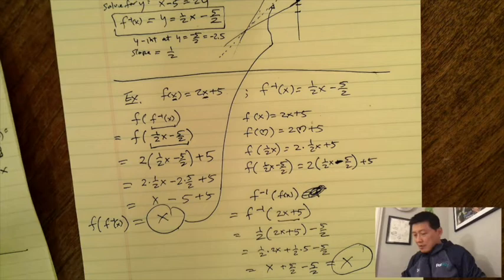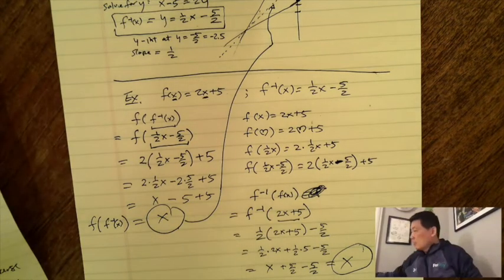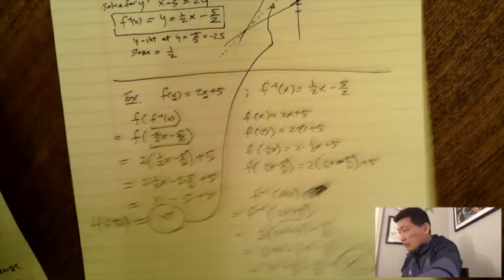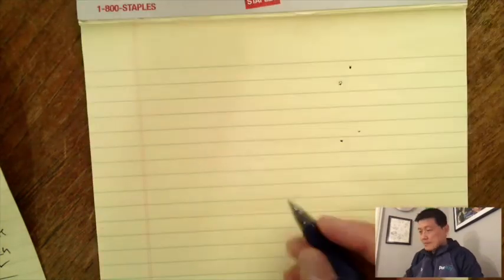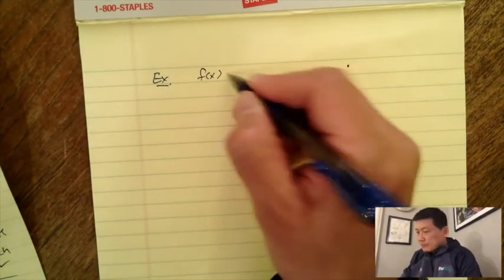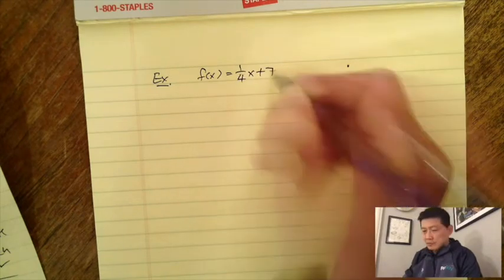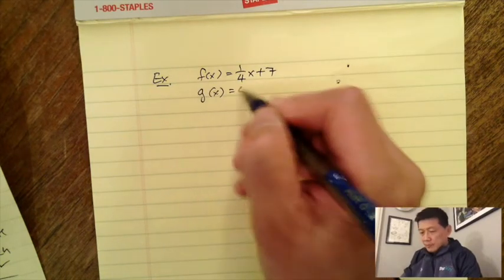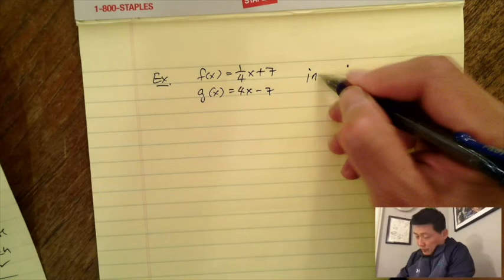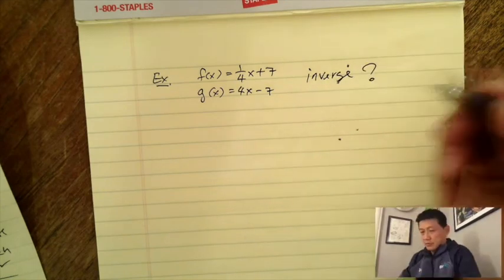That is a fascinating part of this property. So let's take advantage of the property and see what we can do with this. So in this case, for example, if f of x is equal to 1/4 x plus 7 and g of x is equal to 4x minus 7, and the question given to you is, are they inverse? Well, then what you do is